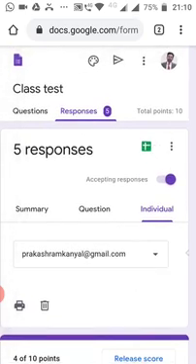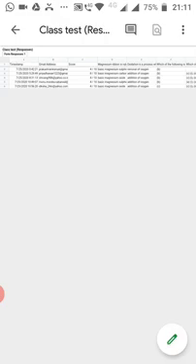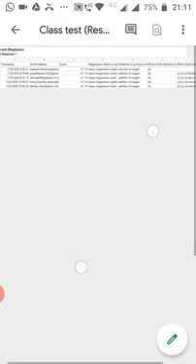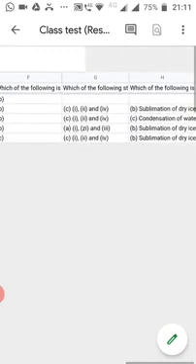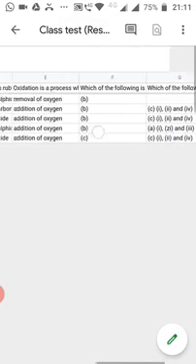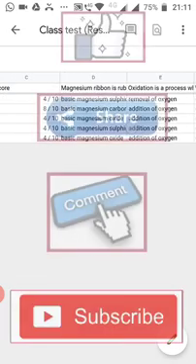This green button is to export all responses to an Excel sheet. So at one go in an Excel sheet, I can see all the answers of the candidates who have attempted this quiz. I'll click here. This is the Excel sheet where all responses have been recorded. So we can check the responses given by the candidates. The top row contains the questions, and the rest of the rows are the responses of the candidates against each question. So we can check the score scored by the candidate.